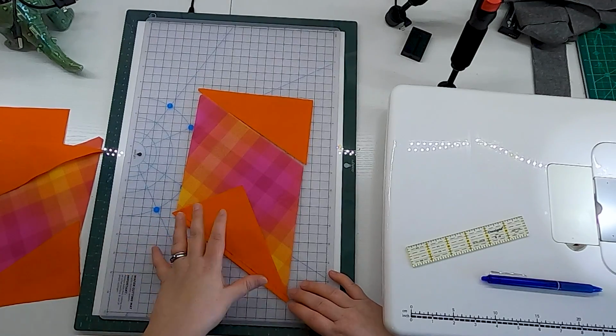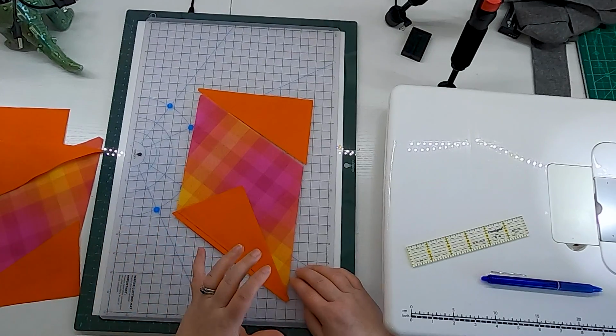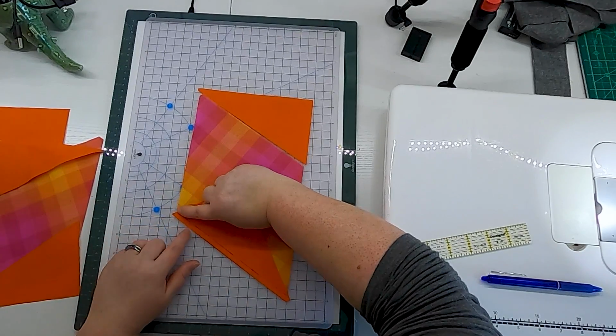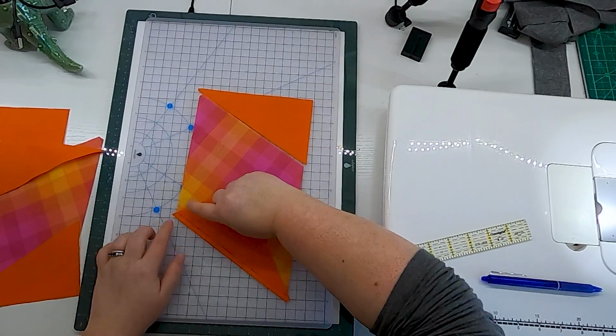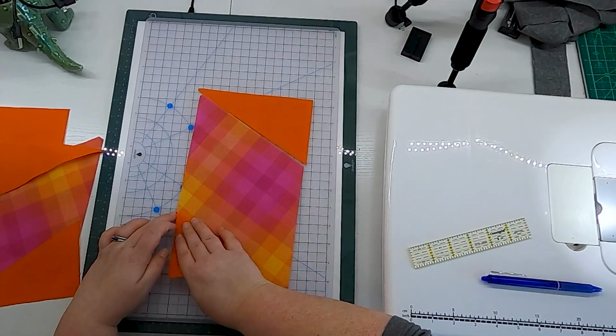So I've sewn a line on the wrong side of this triangle just to illustrate where these points need to come together. We're not sewing along the edge of our fabric, so we don't want to align the edge of our fabric. We want to align the two lines that are 1/4 of an inch in from the edge. So when we look at this line, we want it to point right at the little V where these two shapes come together. And so now when we stitch on that line and fold it back open,